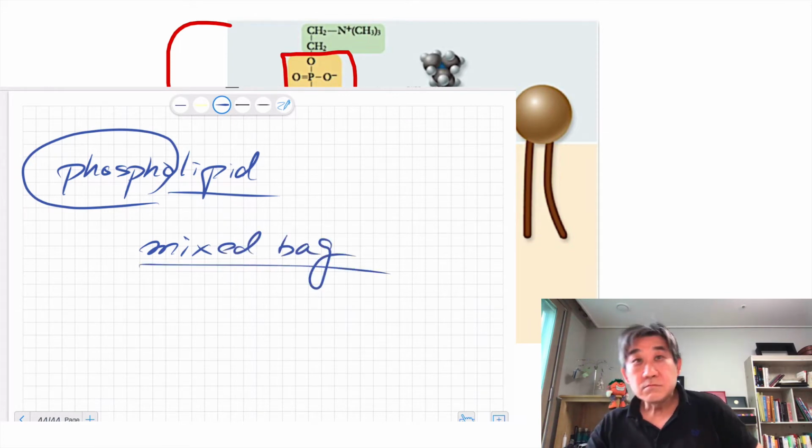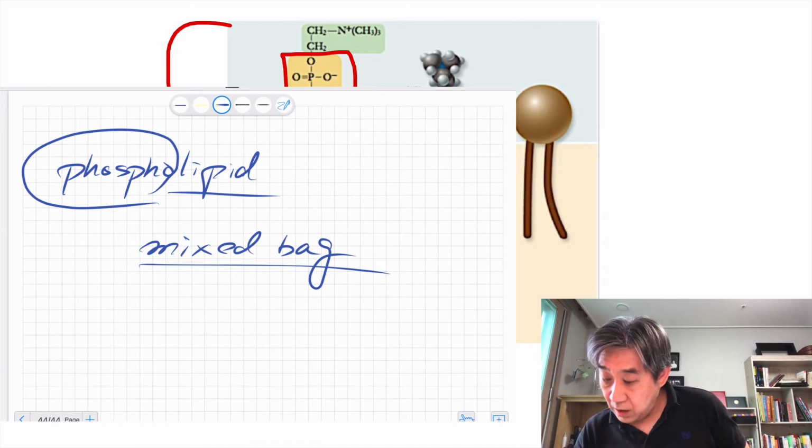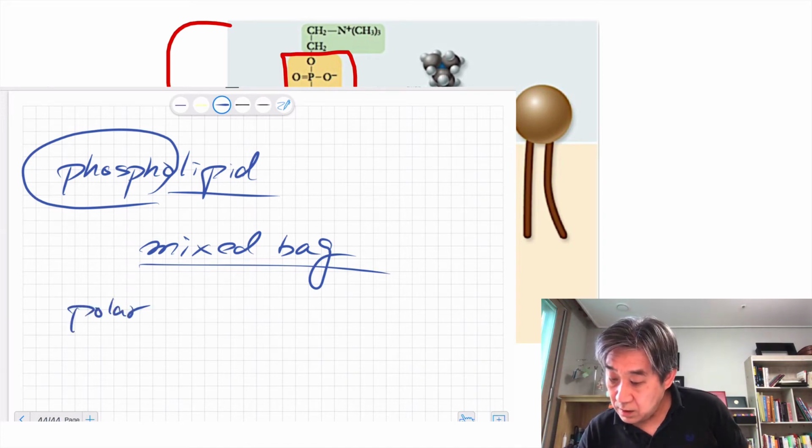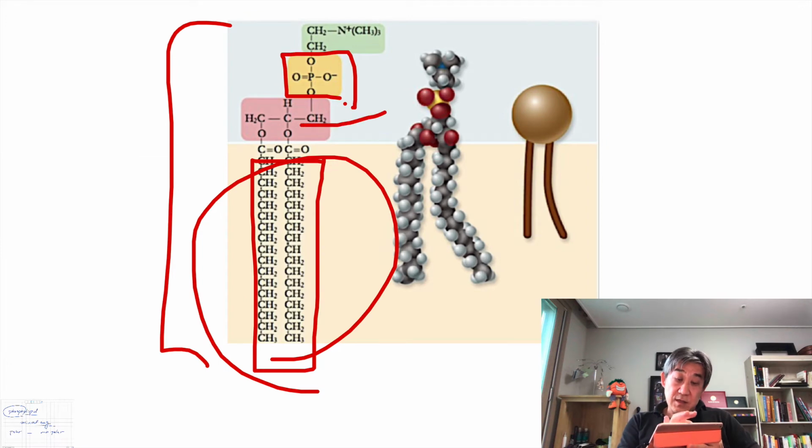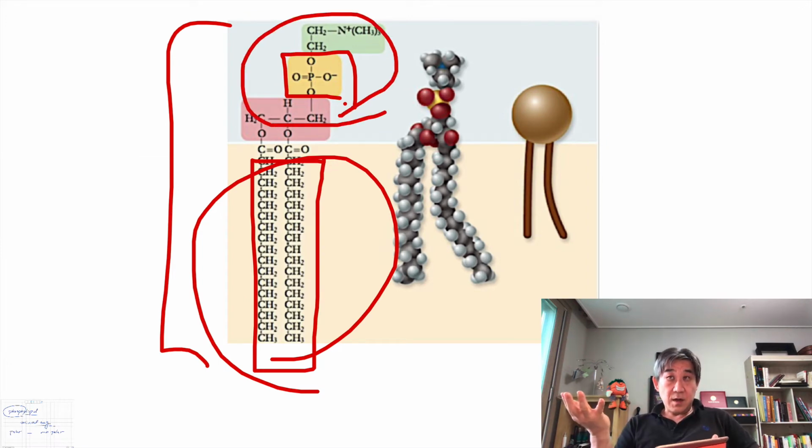Having both polar and non-polar parts together in one chemical. So this part is non-polar. On the other hand, this part is a polar head group. So in biology, instead of using the real chemical formula,